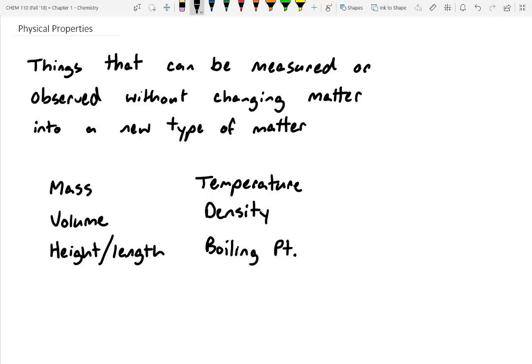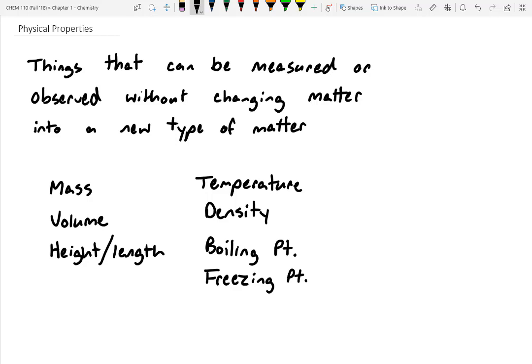That basically means how hot does something need to be before it starts boiling. So water boils at about 100 degrees Celsius, versus something like methane, which actually boils below freezing for us. So we have to look at boiling point. In addition to that, we can look at freezing point,